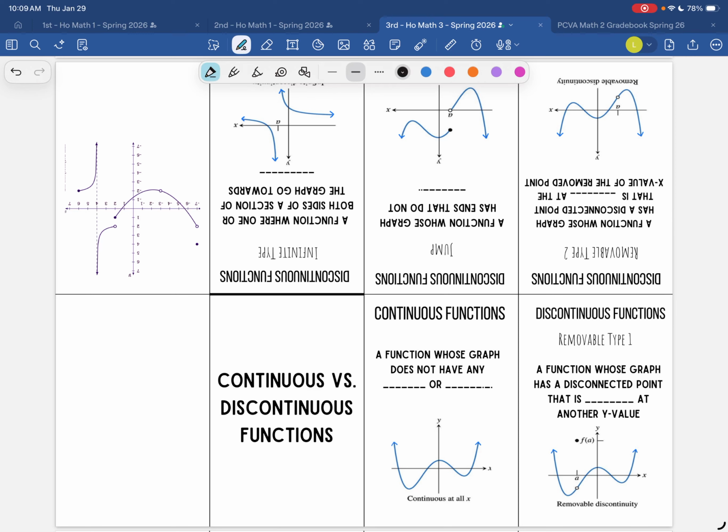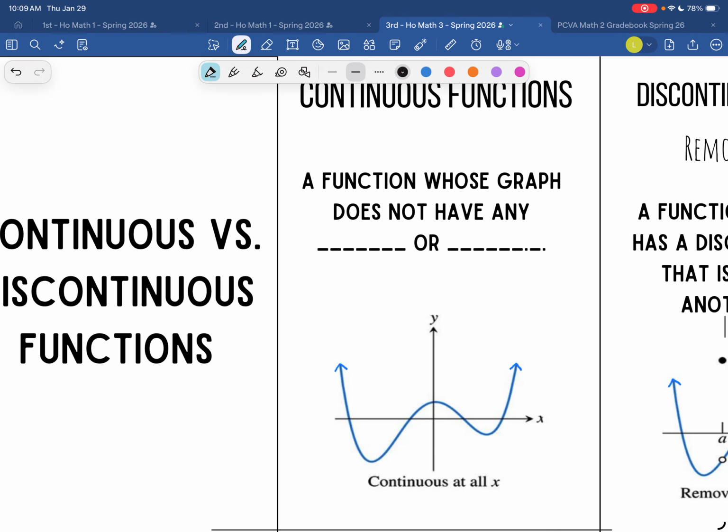Alright, for this video we're going to talk about the difference between continuous and discontinuous functions. And really the main thing is, are the x values connected all the way through? Are there any sections that are disconnected, any holes that are missing? But essentially what we're going to be looking at is, for a continuous function, we want it to be connected